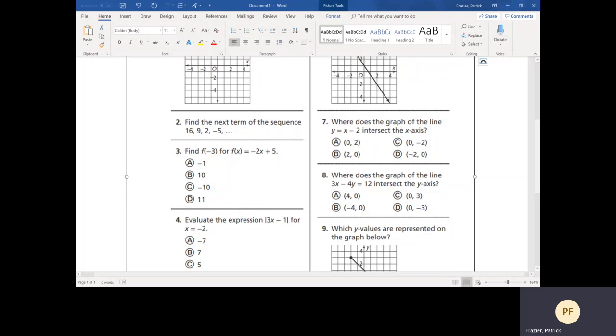We are going to do exercise 2, where we try to find the next term in the sequence. Maybe that's a geometric sequence or an arithmetic sequence. If it's a geometric sequence, then each term would be multiplied by the same ratio, and we'd have a pattern with the existing terms to figure out the next term. So, for instance, if 9 divided by 16